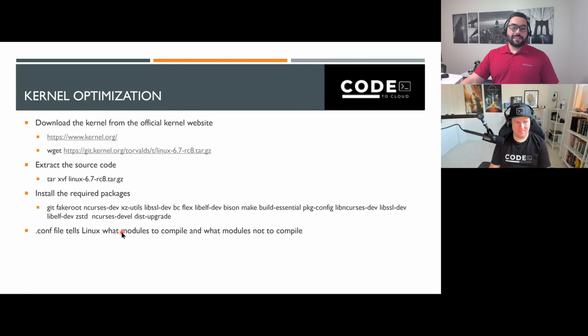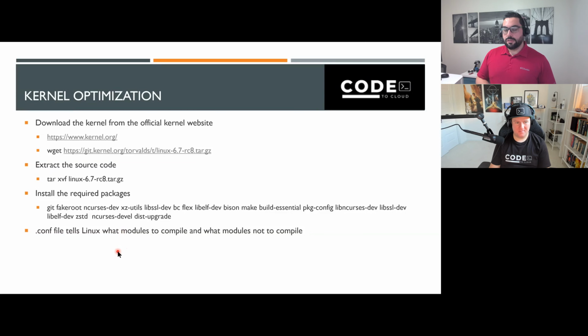And then the next thing that you need to do, you're going to extract that code and install the required packages. I have here a list after testing running. I was testing the 6.7, the latest one, on my computer. I got the brand new Ubuntu server, and after a few tests, those are the packages that I mapped that would be required in order for me